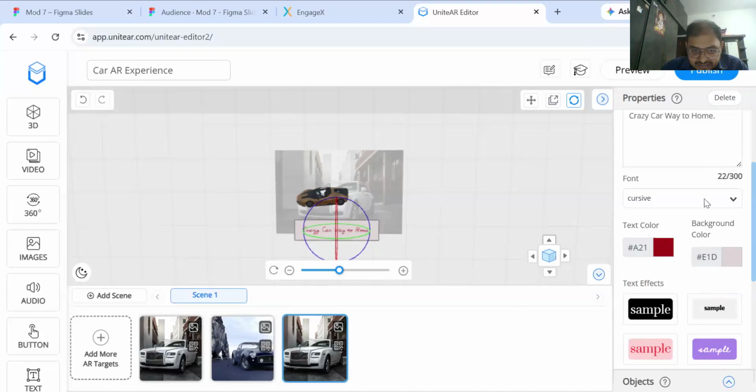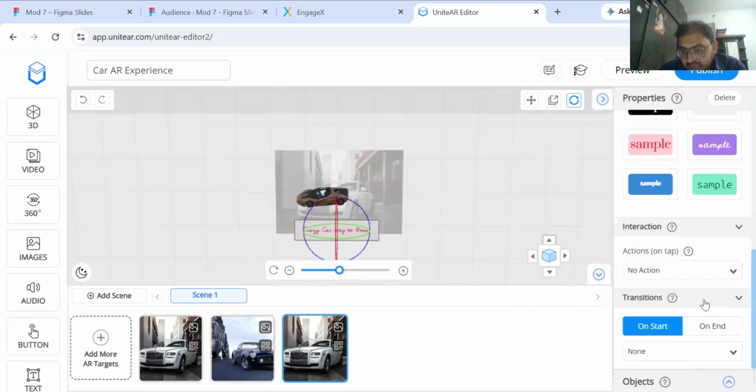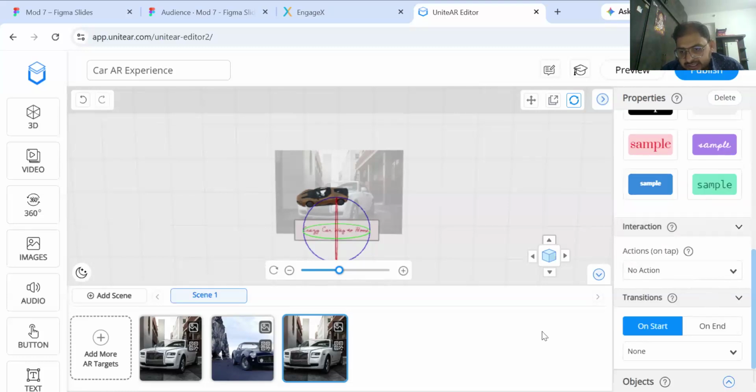Now once that is done, go here, and if you see, there are certain interactions, like how you want this to interact. For example, on no action, obviously no action. But here, if you want, you can go and dial a phone number or link to a web page. There are multiple things which you can explore, but for now let's choose no action and transition, let's suppose on